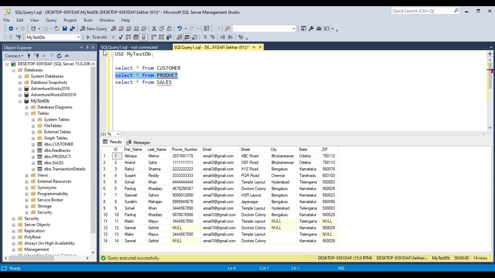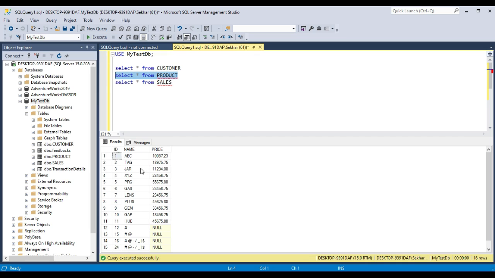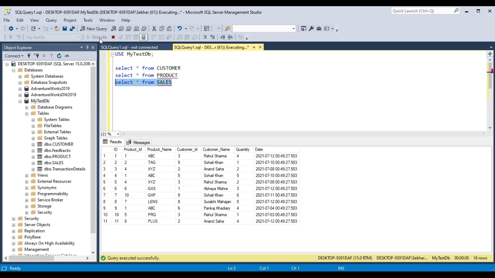And there is a product table, which has a product name and its price. And there is a sales table, which has your product ID, product name, customer ID, customer name, the quantity purchased and the date of sale.